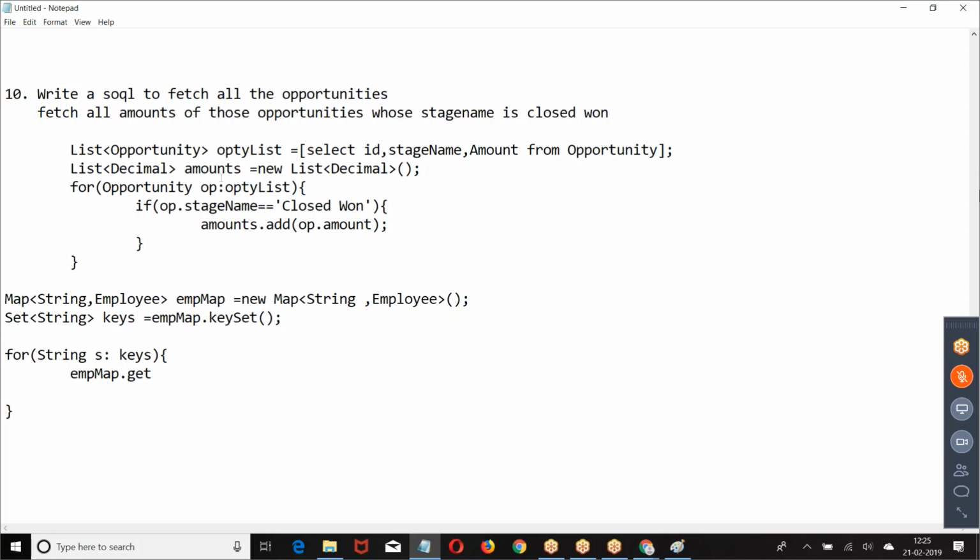With a list of opportunity, I have taken opportunity OP equal to list of opportunity. This is a set of string, so string is colon keys. From these keys, I am taking one by one key. Get the key, and when you give the key, we get the corresponding value.